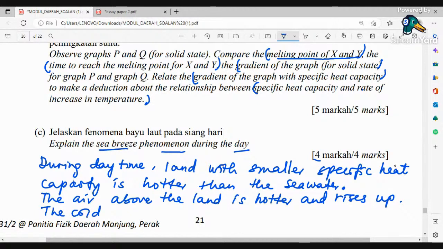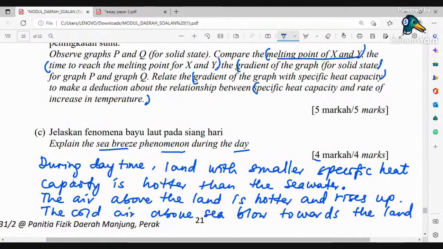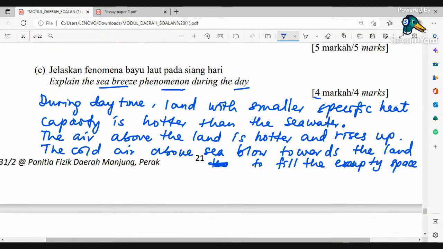The cold air above the sea blow towards the land to fill the empty space. Okay, the cold air blows from sea to land